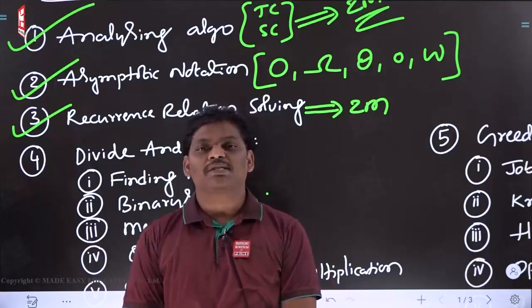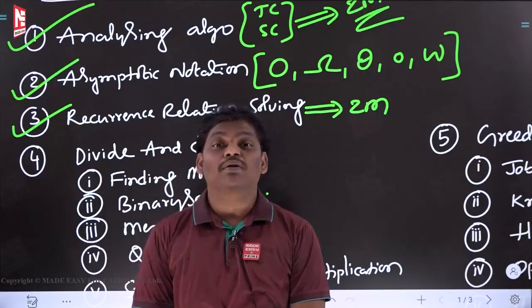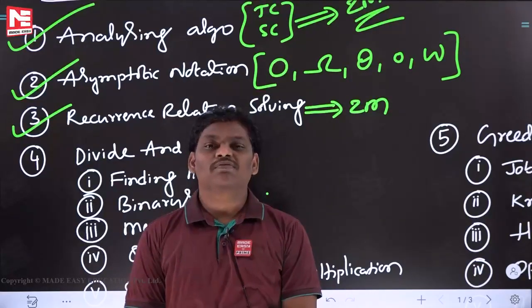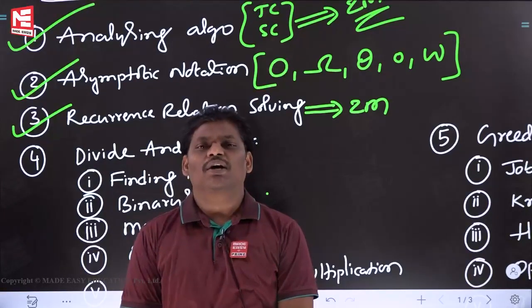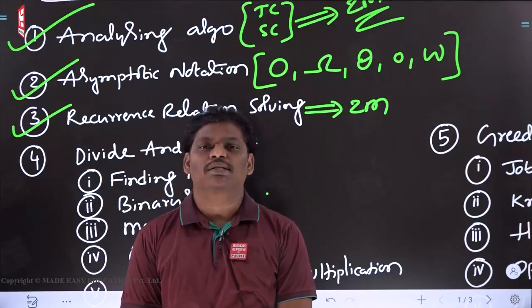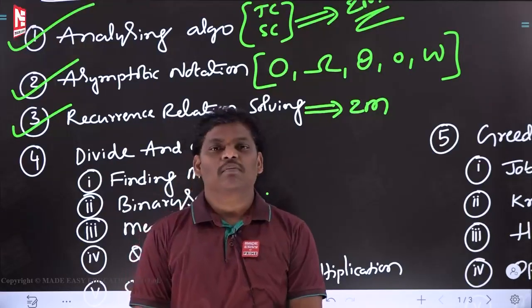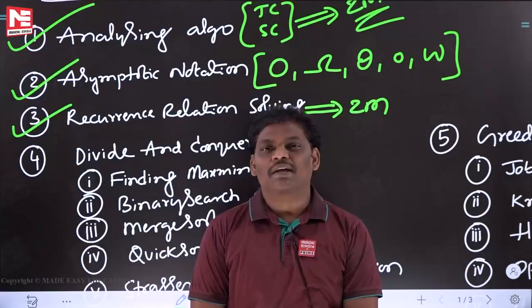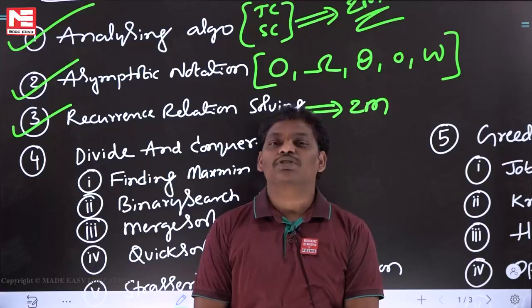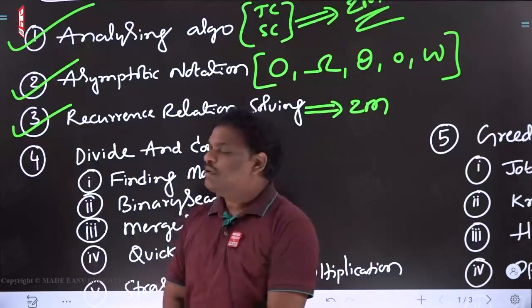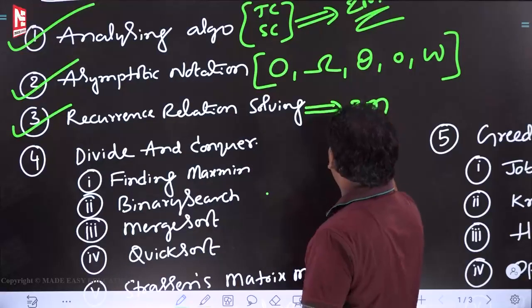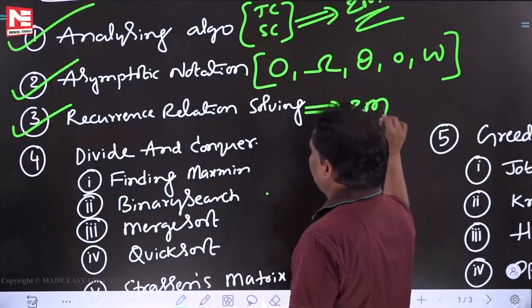But the problem with the master theorem is that you have to memorize many things. The advantage with the substitution method is that you don't need to memorize anything. Anyhow, every method has its own advantages and drawbacks, right? But 3 methods are there. Please learn all 3 methods, and whichever is convenient at that point of time, you can apply it. Most of the time, a 1-2 mark question comes, directly or indirectly.